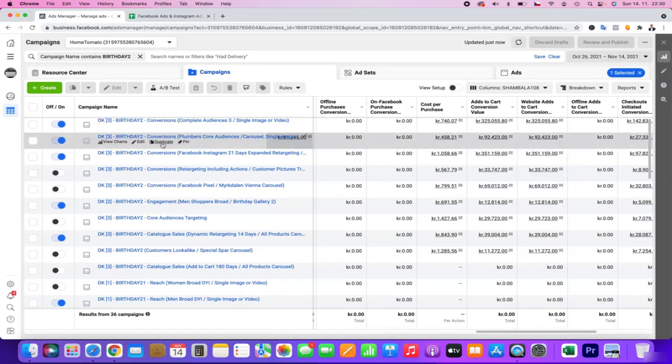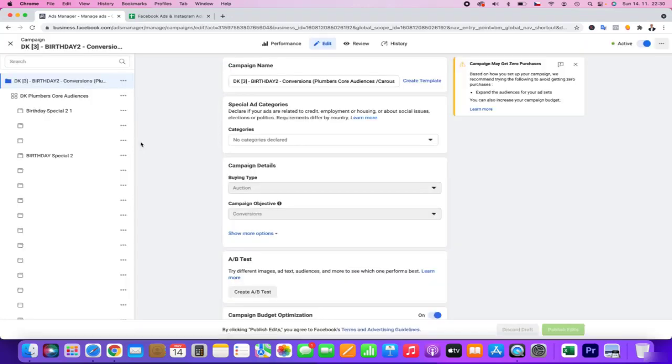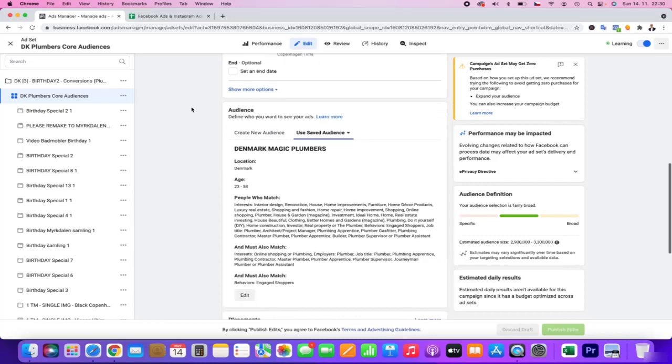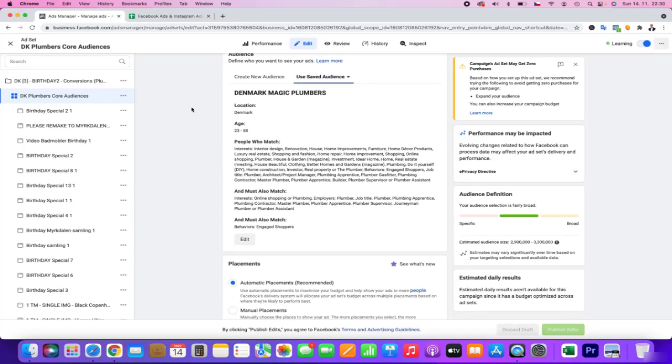And as you can see, when I mixed in the plumbers, and also used engaged shoppers and online shopping, plumbing, and everything connected to plumbers, and then also all the information about rebuilding, renovation, home improvement, and builder, plumber, master job for plumbing, do it yourself, and better bathroom, all this performed much better.